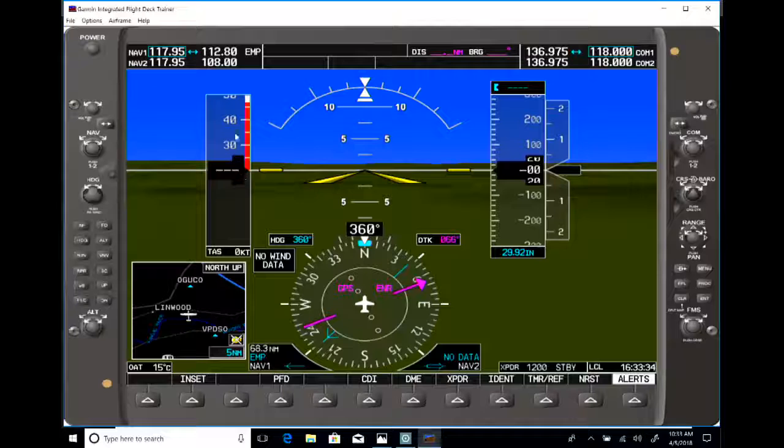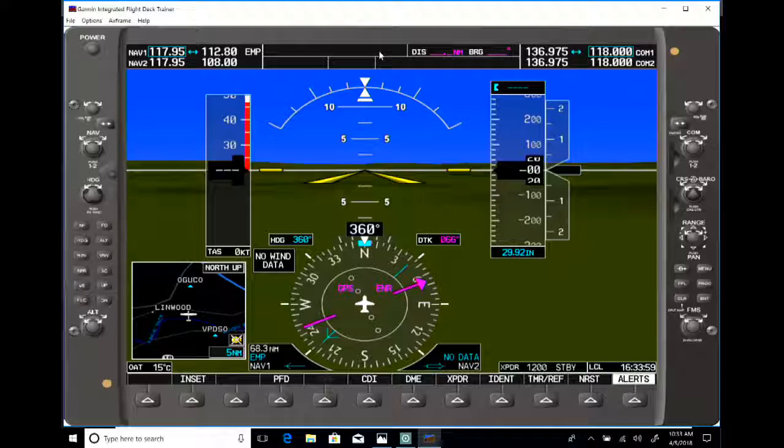So you know that your indicated airspeed is going to be here, you know your true airspeed is going to be here, and you set your ground speed up here. This way you can look at that on the climb out. You can also do that on your multifunction display, where you can set that up and look at your ground speed. The reason that I set this up on my primary flight display is not even necessarily on my departure,